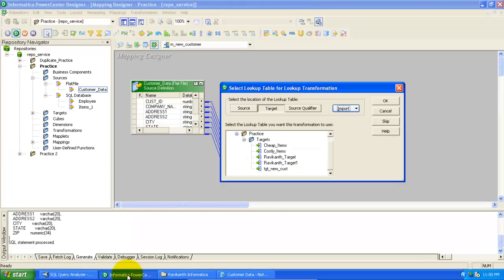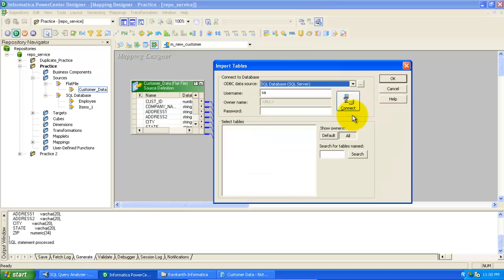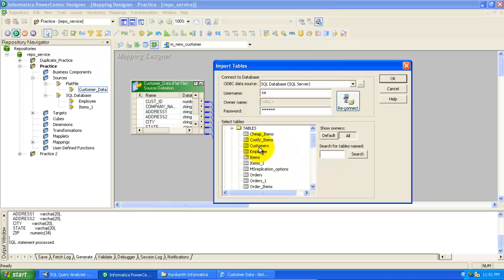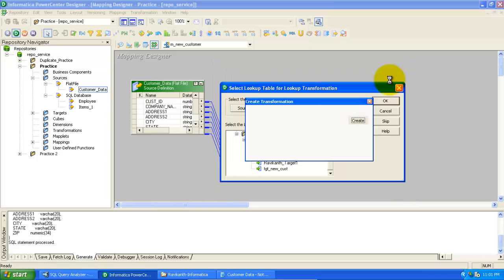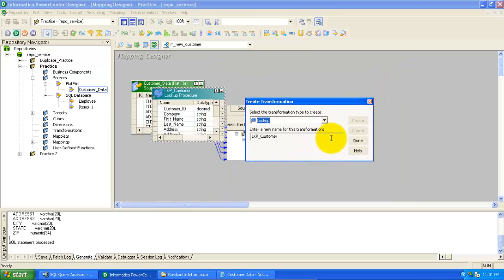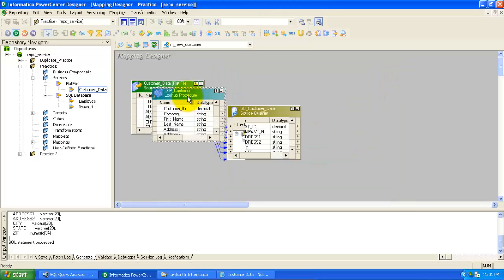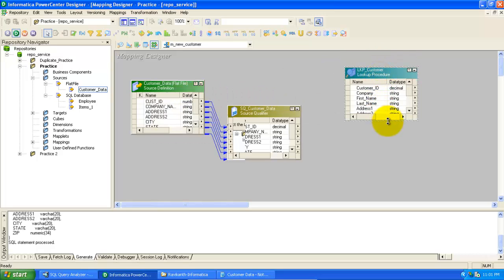That's why here we need to select the source definition from the relational database. Now you can see I can select the customers from the customer table for my source definition. Now click done. You can see this is my source. Now the lookup source definition is being created.